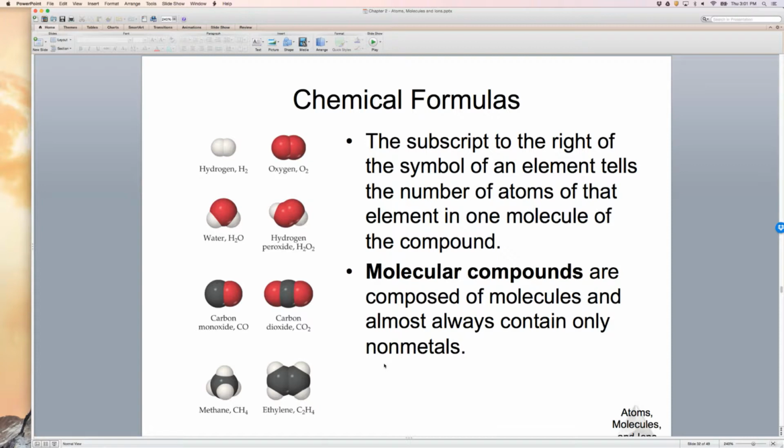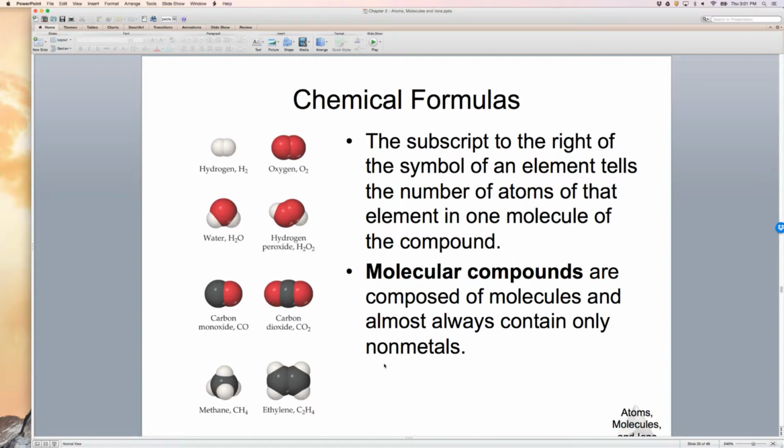Electrons. So when we're talking about chemical formulas, the little small number you see in a chemical formula tells you how many atoms of that element exist. And it's always the subscript to the right. It affects the element to the left of that number. And when we're talking about molecular compounds versus ionic compounds, which is what this portion is covering,